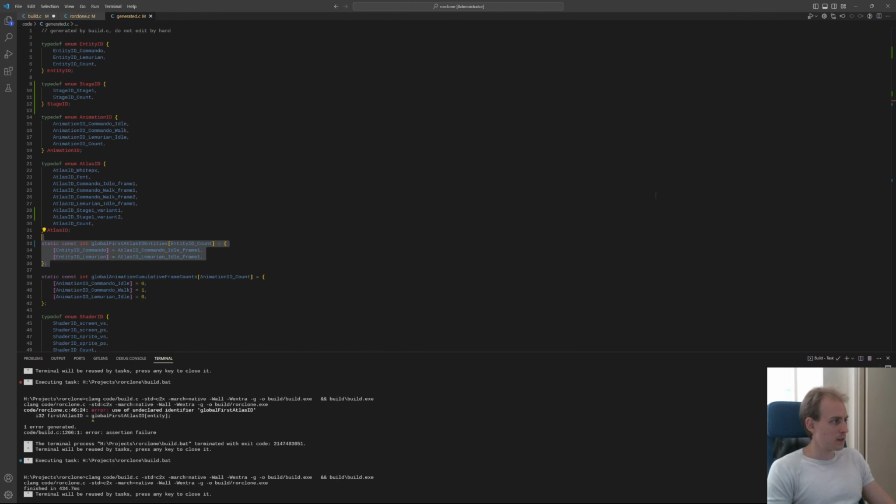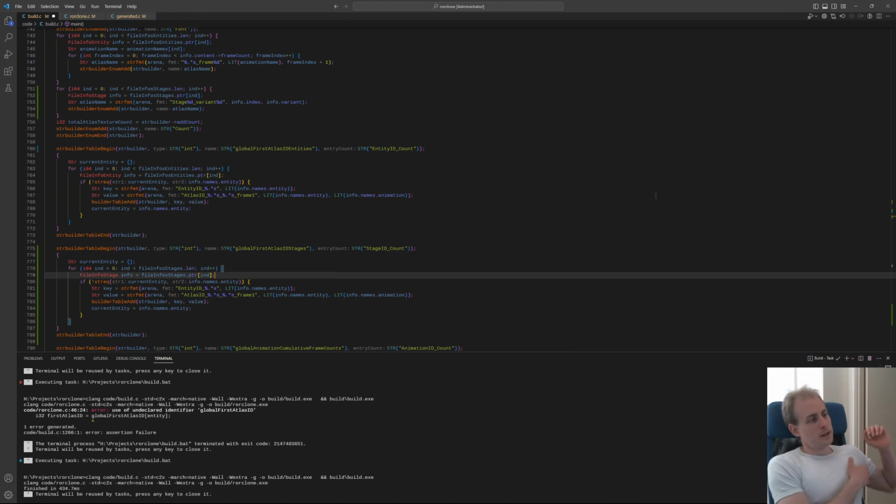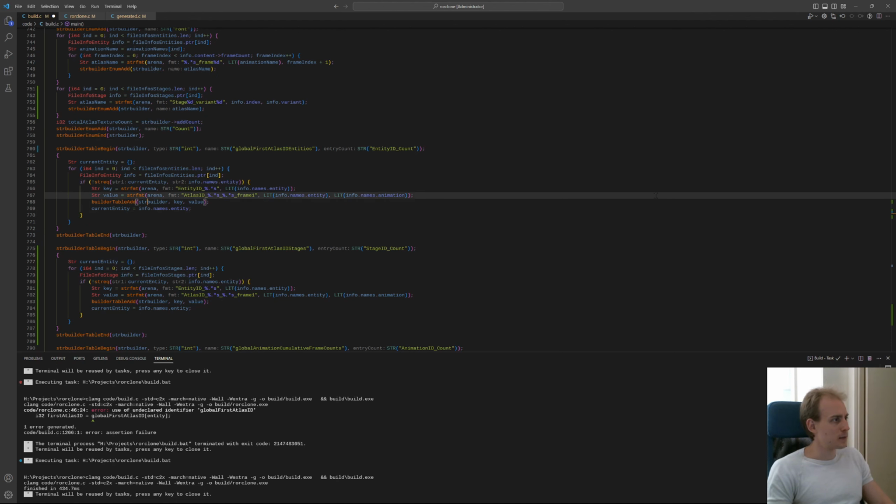Actually, what's the... It's like they appear in the enum in the same way that they appear here in the stages. So, like with the entities, we pull out the info. Oh, and we just, yeah, okay, I see. And with the stages, it's like, well, if